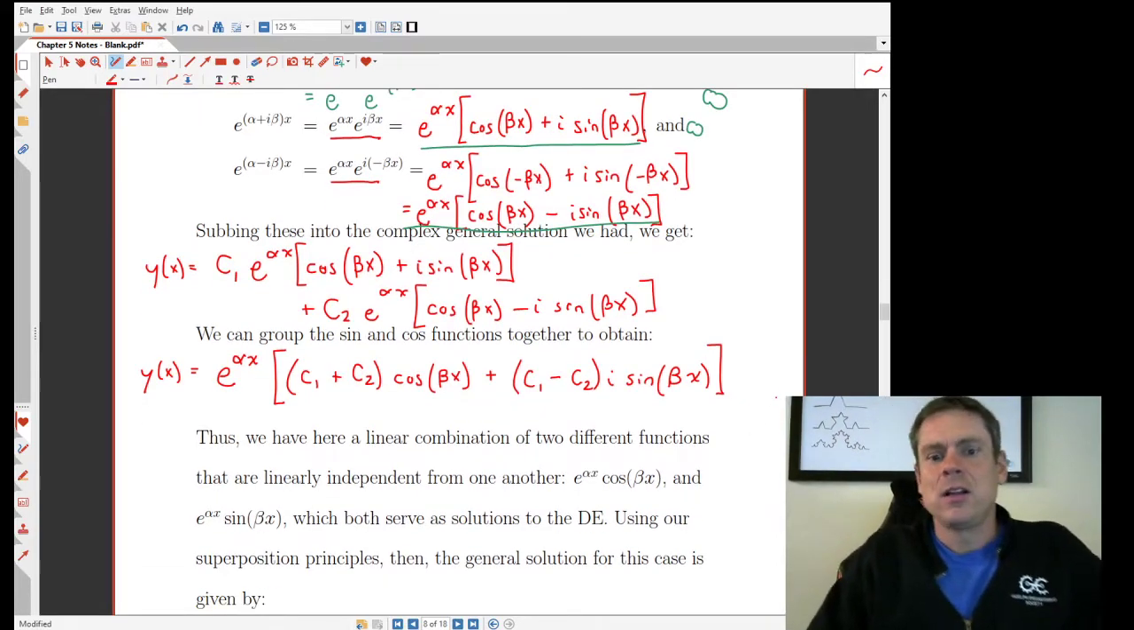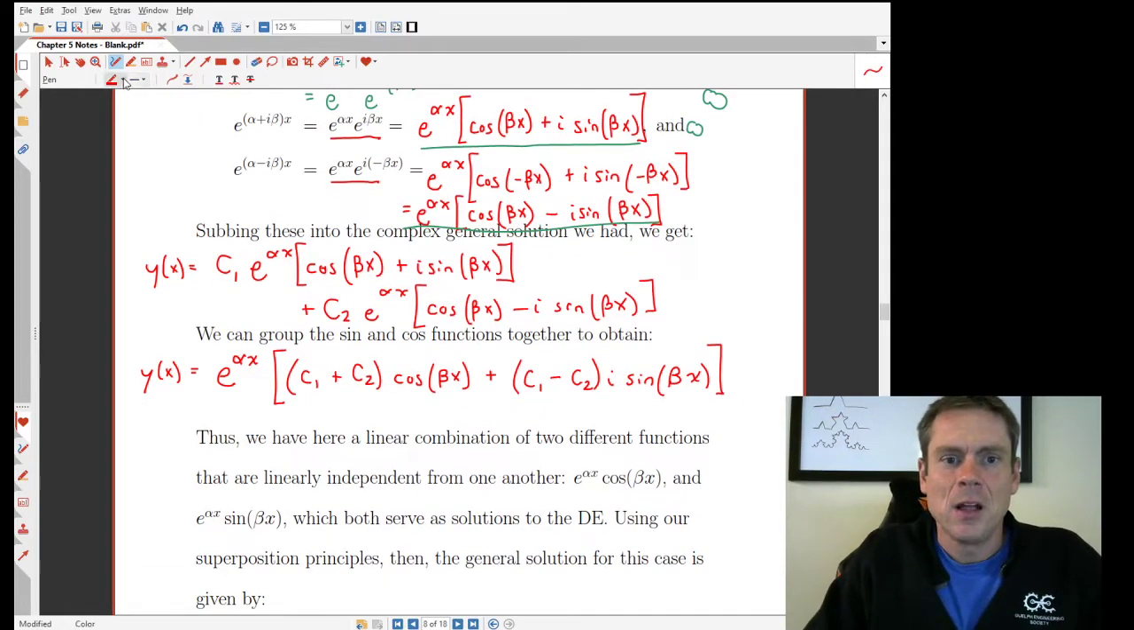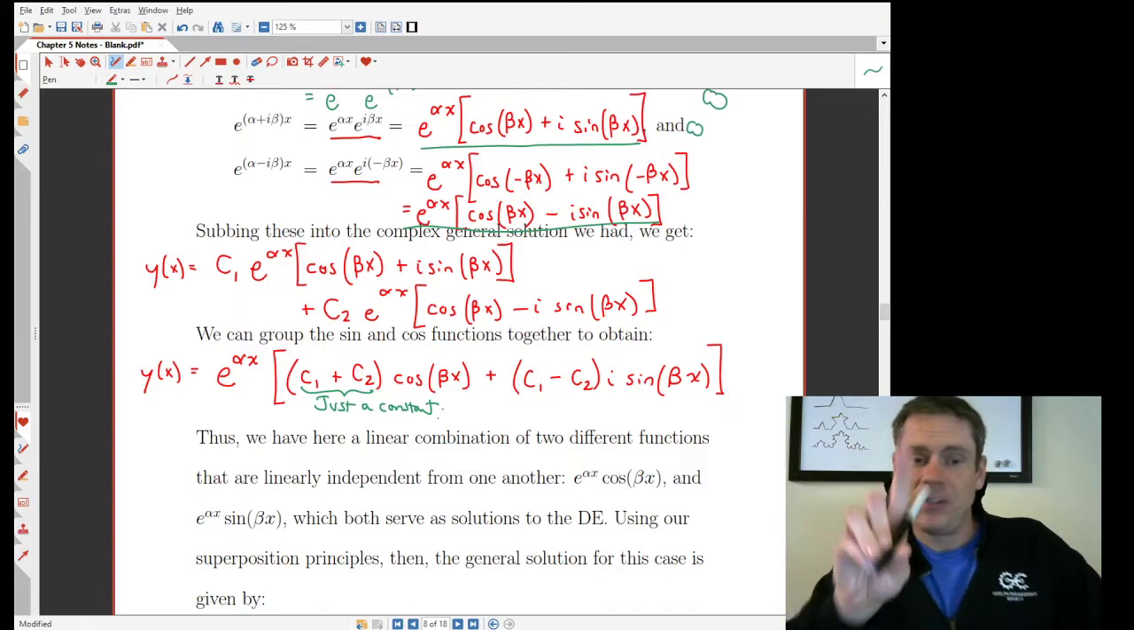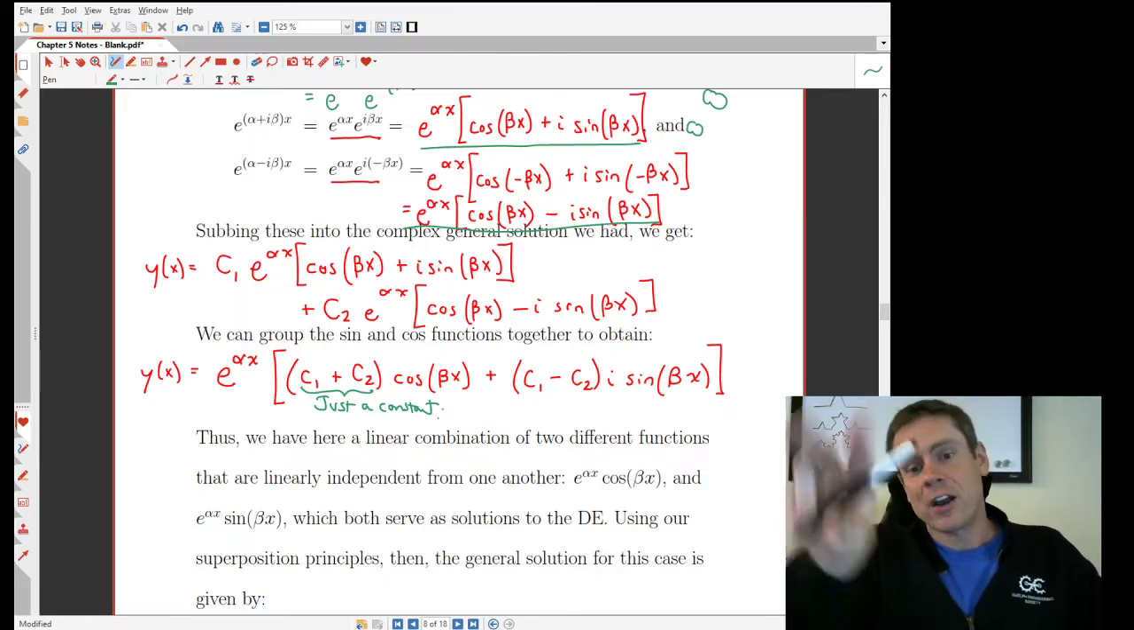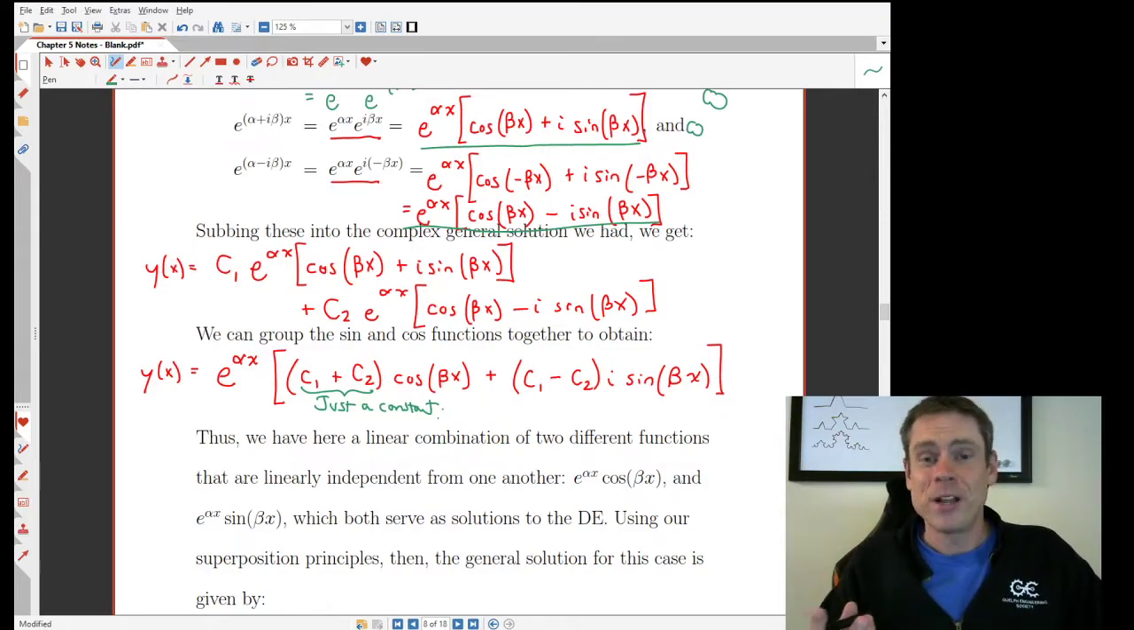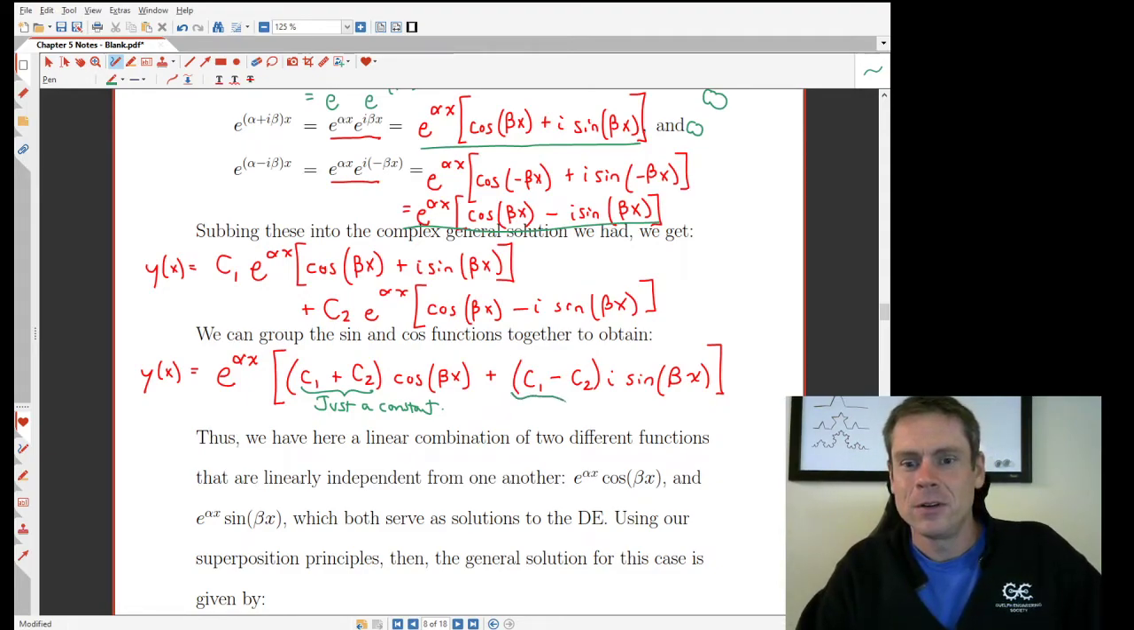Okay, check this out. c1 plus c2. If c1 and c2 are any constants, this is just a constant. And I have one function here, if you take a look, a cos beta x times e to the alpha x. That looks like it's totally real. Pretty cool. The second one is c1 minus c2 times I. I'm going to say that this is just a